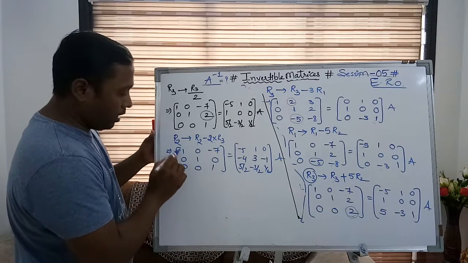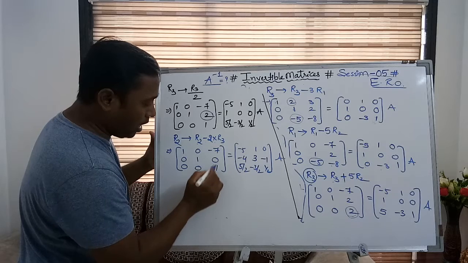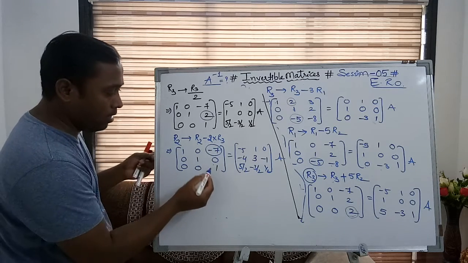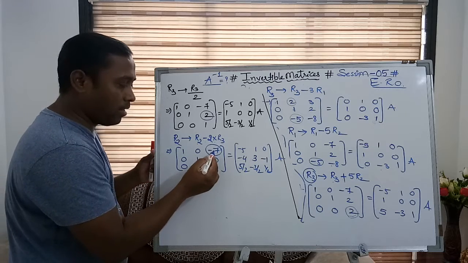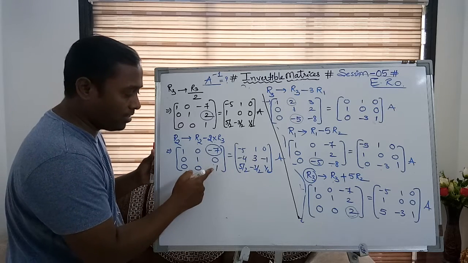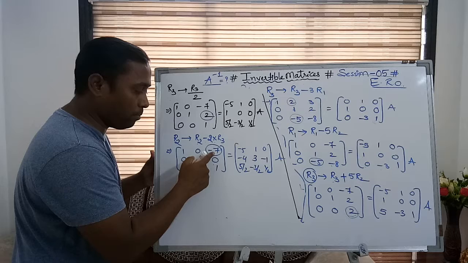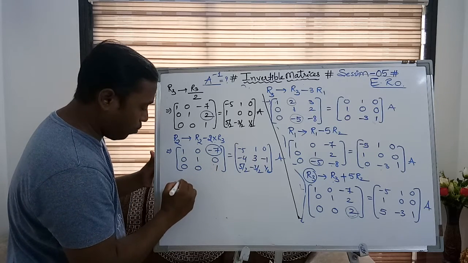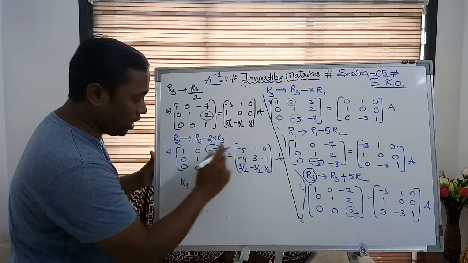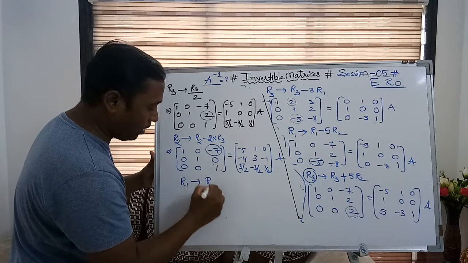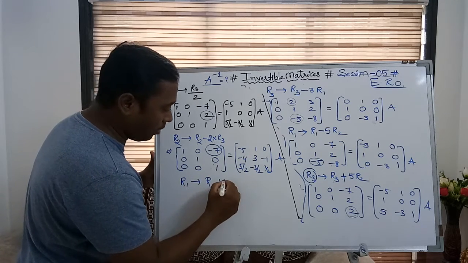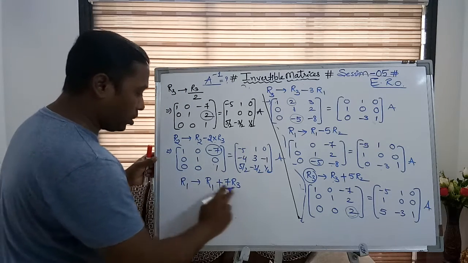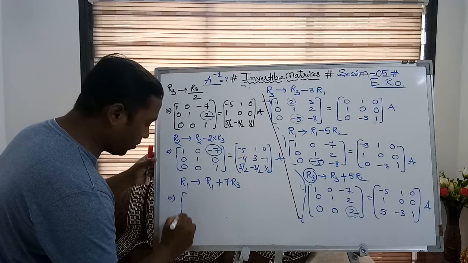And the last step. Now see, you got all the elements. Now I have to make 0 here. To make it 0, what should I multiply this 1 by and add or subtract? Multiplying by 7 and adding, minus 7 plus 7 becomes 0. Hence I am going to change R1. I need a change in R1. How will I do that? I will add 7 times R3 to R1.